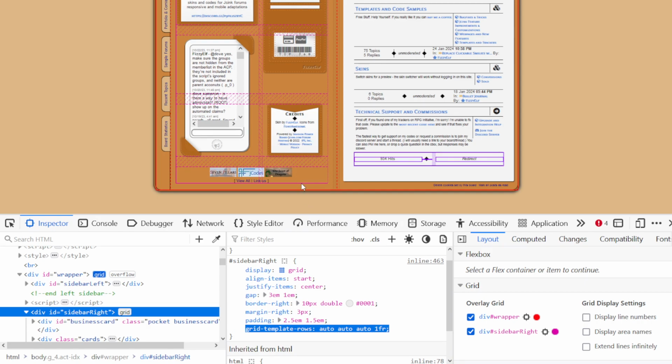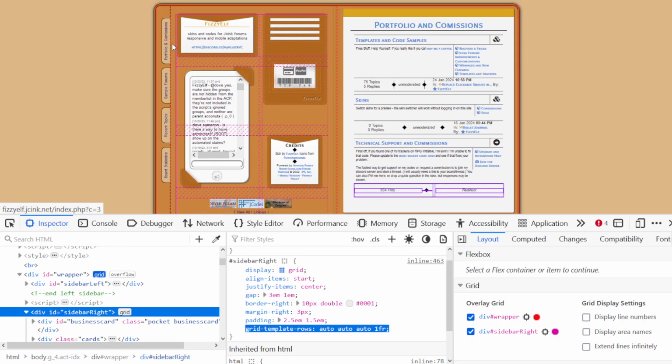So what that means is, effectively, I didn't want the first 3 rows to be stretching. I didn't want the first cell to be taller than it needed to be, because I didn't want there to be more than 3 ems of space between the business card and the cell